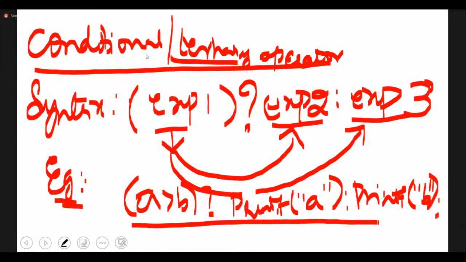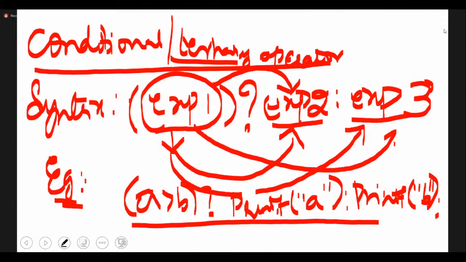Conditional operator is very similar to your if block or if and else statement, where in conditional operator you are going to evaluate expression 1. If expression 1 is satisfied for true block, then your expression 2 is your resultant output. If expression 1 is satisfied for false block, then your expression 3 is your resultant output. For this, you can write a basic small example to find the largest of two numbers. Then this is your expression.